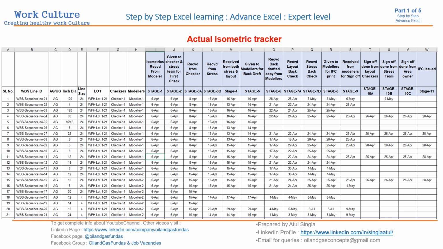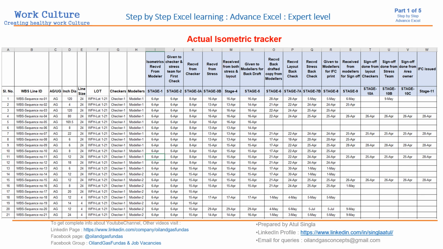Okay, only thing here is all these stages. We have around 11 stages. We have categorized the complete cycle of isometric into 11 stages, where first check print is received from modeler and it is given for checking. Okay, these first 2 are only input. Here received from checker, that means checker has done the checking for first stage, and we have received the first check from stress team also. Then received from both,